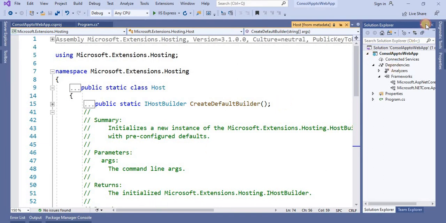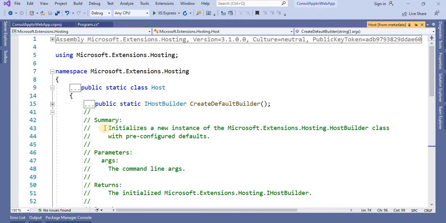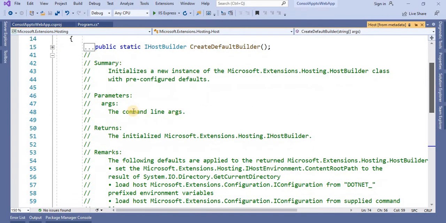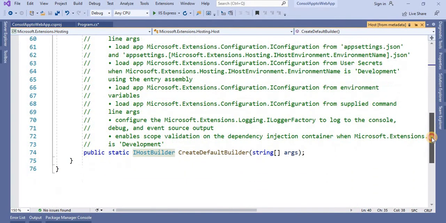Let's understand what it says here. It initializes a new instance of the Microsoft.Extensions.Hosting.HostBuilder class with pre-configured defaults. If we are passing the arguments, it takes them, and it returns the IHostBuilder. These are the remarks, and the important remark is that it enables scope validation on the dependency injection container, basically for development purposes.